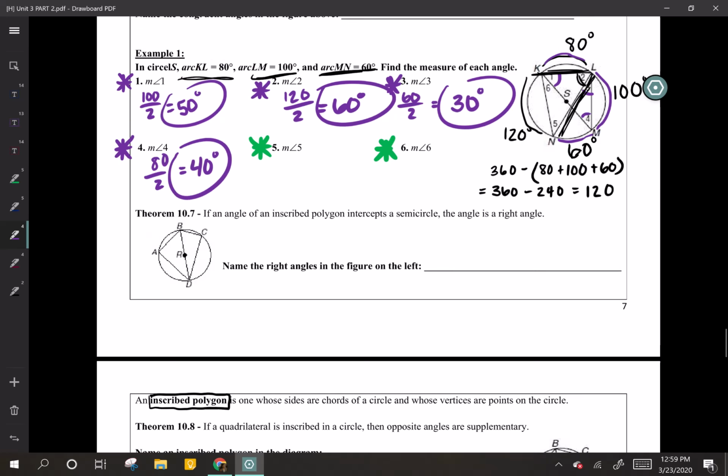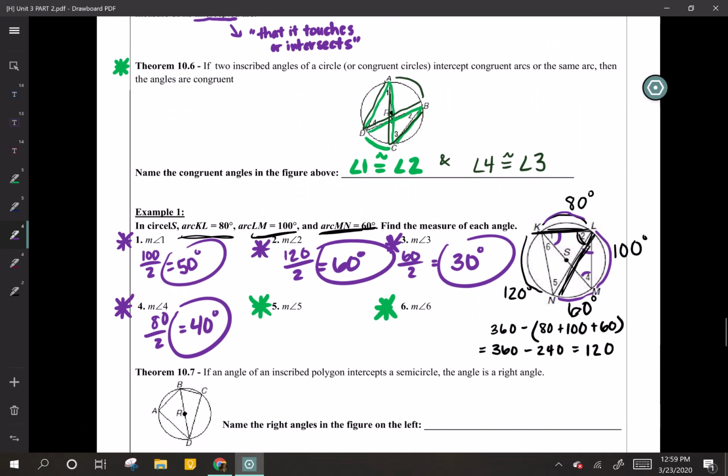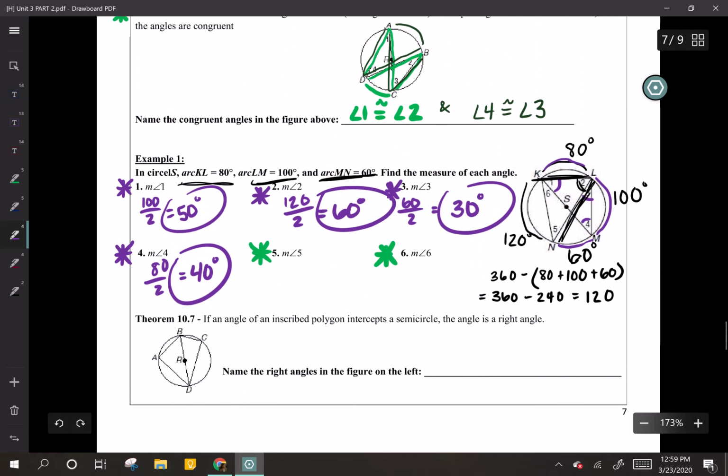Cool. So 5 and 6, to use theorem 10.6, I don't need to do any calculations. If I look at the diagram, angle 5 is over here, which intercepts arc KL. Angle 4 also intercepts the same arc. So I could say angle 5 is congruent to angle 4. And similarly, angle 6 over here